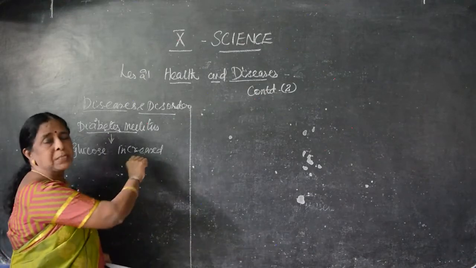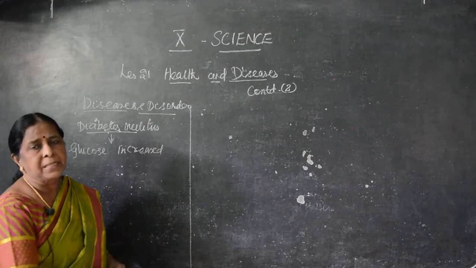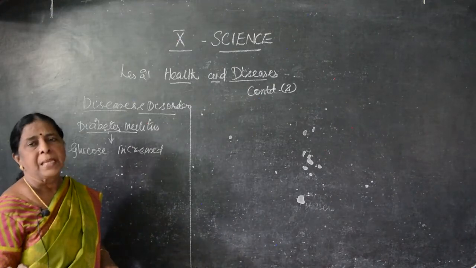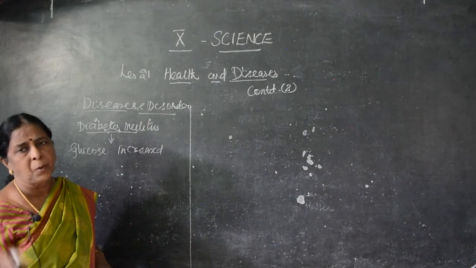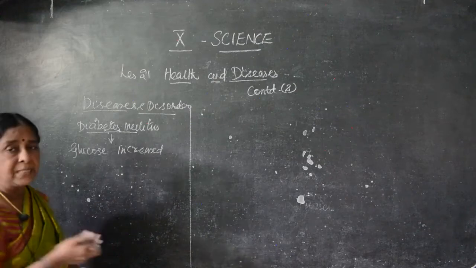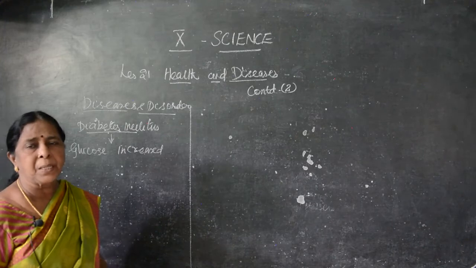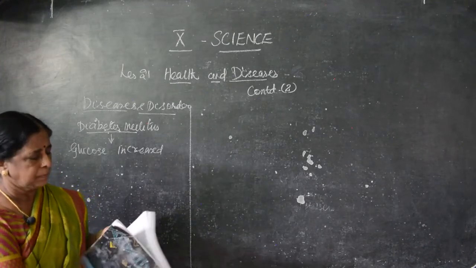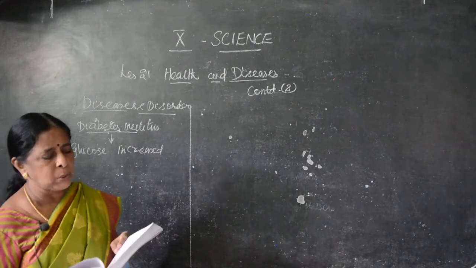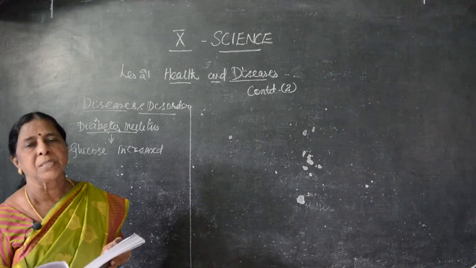The glucose, this is the form of sugar needed for all. It can be stored in the pancreatic cells. So this can be controlled by insulin. Insulin is a hormone secreted in our body. If the sugar level is increased, the glucose level is increased in our blood, it is known as what? Diabetes mellitus. Clear? So underline the words. It is increased blood glucose level due to insufficient, deficient or failure of insulin secretion.